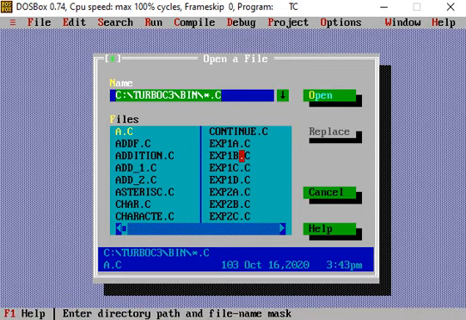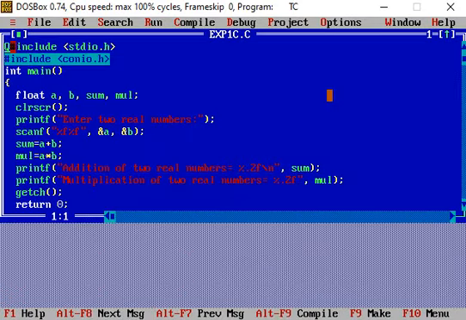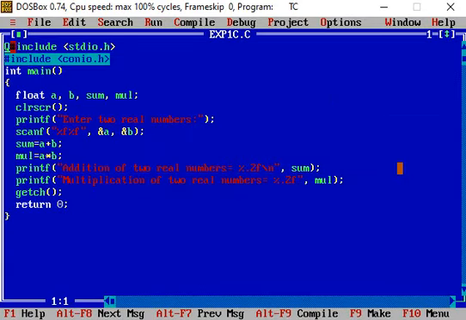Two experiments we have already discussed. So in the third experiment, experiment1.c, let us open this one, where the code for the addition and multiplication of two real numbers is written.